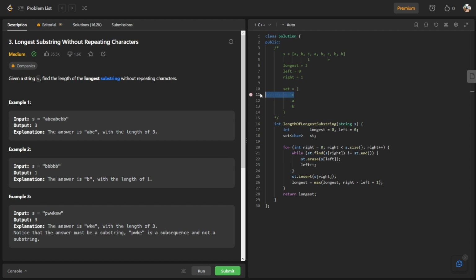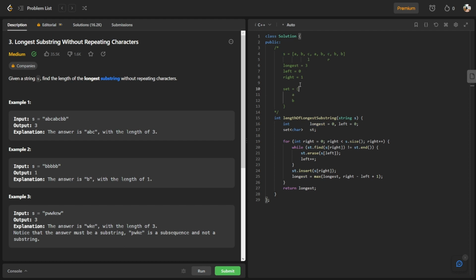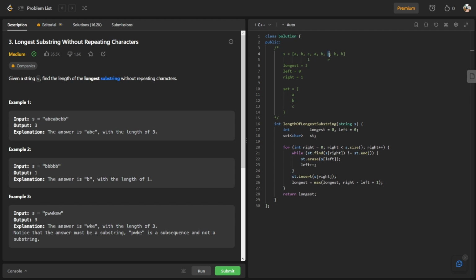So we have to remove C, put C back from this C, and then increment again. So this will basically go on until we reach the end of the string. If, let's say, I were to have another character here, D, since this right is incremented,